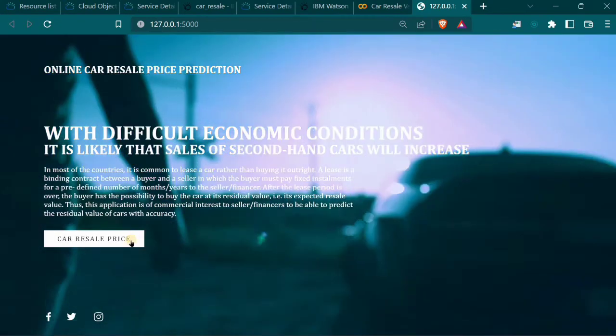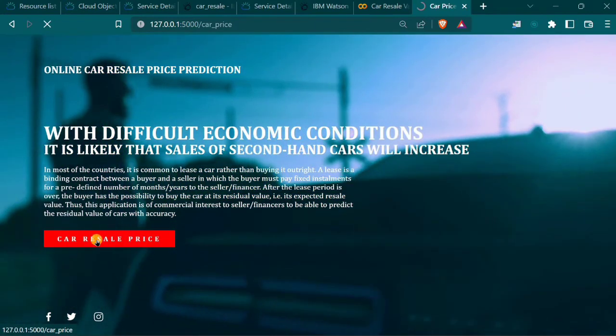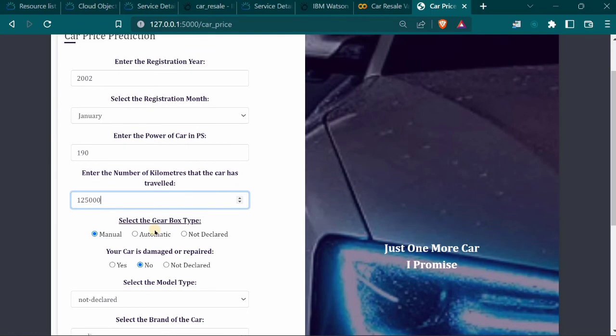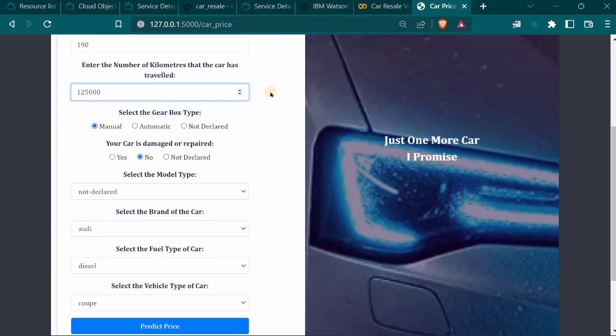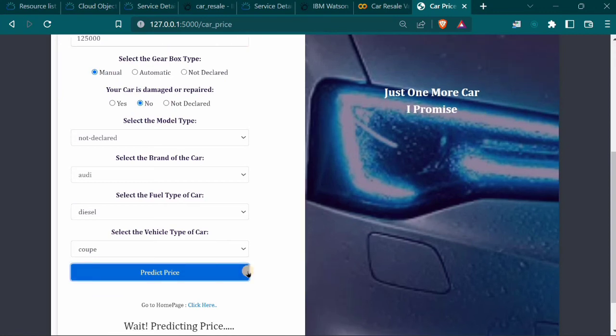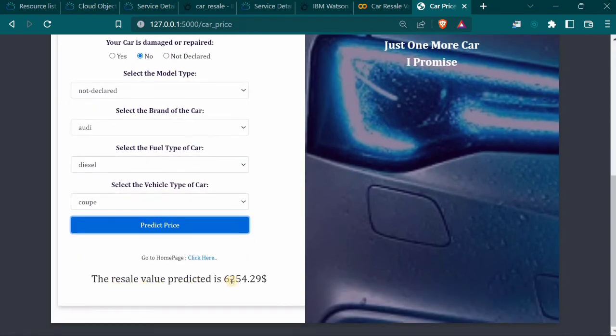So this is the home page of the application. When we click on car resale price, we can go to the page where we get the input from users. Let me enter the registration year, say for example 2002, and I let the other values be default. The power of the car, I enter as 190, and the kilometers, I enter 125,000. The gearbox is manual, the car is damaged, and I'm just letting all the values be as already given in the web page. So we can see that the predicted value is shown as